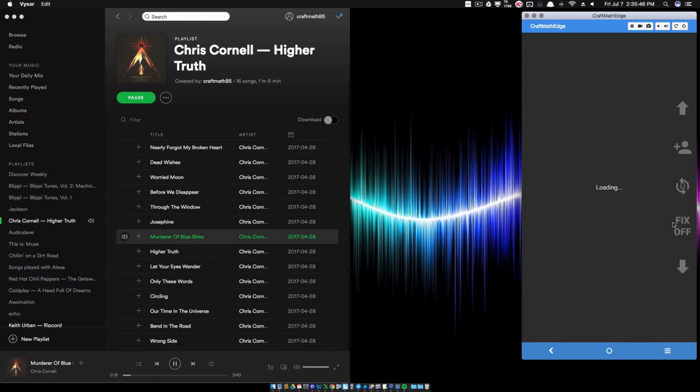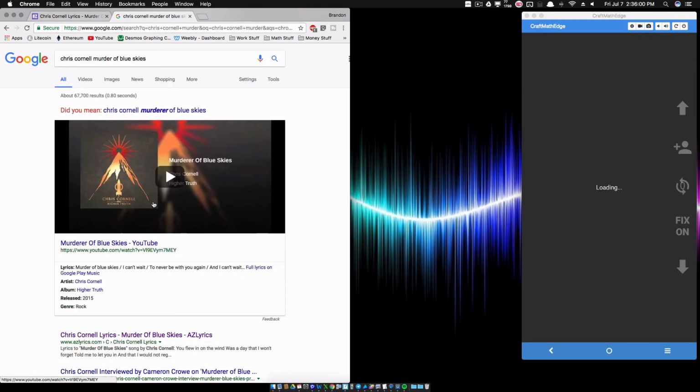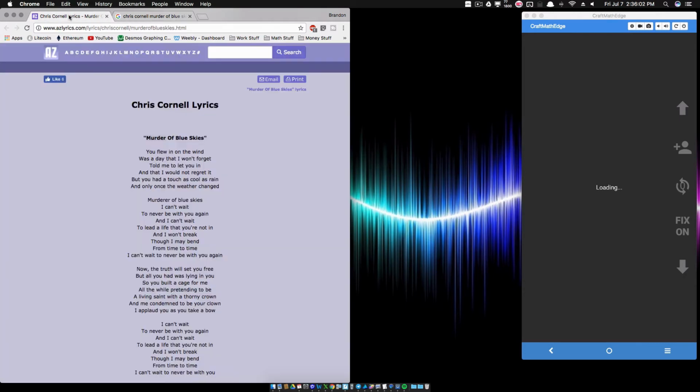So what I want to do is cut my fix on, and this is changing some of the coding in KLWP, and we're going to dive into that in a minute. Well, it turns out this is the correct name of the song. It's Murderer of Blue Skies, and I just double checked it here. It's a great song. You should listen to it. But look at what azlyrics.com has it labeled as. Murder of Blue Skies. All right, so what we want to do here is change it to make it match up with AZ Lyrics. We need to change it to Murder.